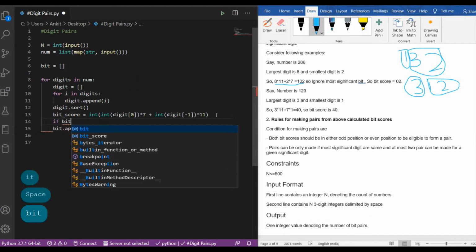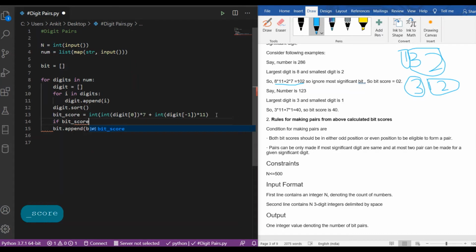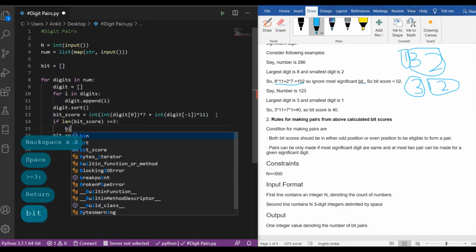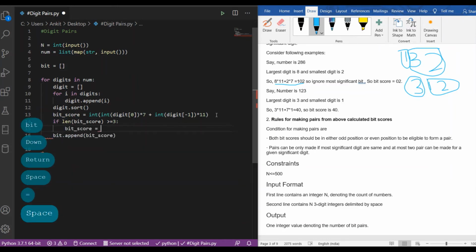If the length of the bit score is greater than or equal to 3, then we have to update the bit score, which is equal to the bit score modulus 100.